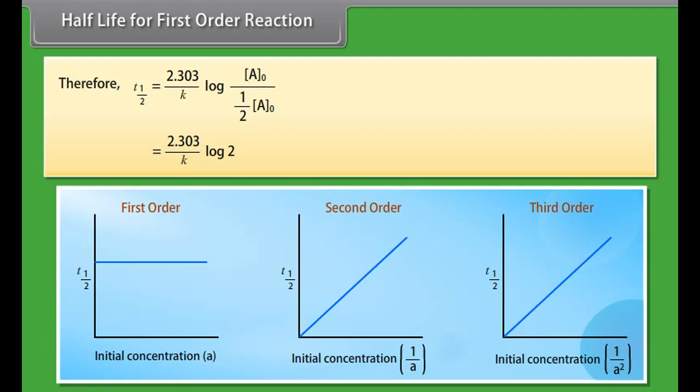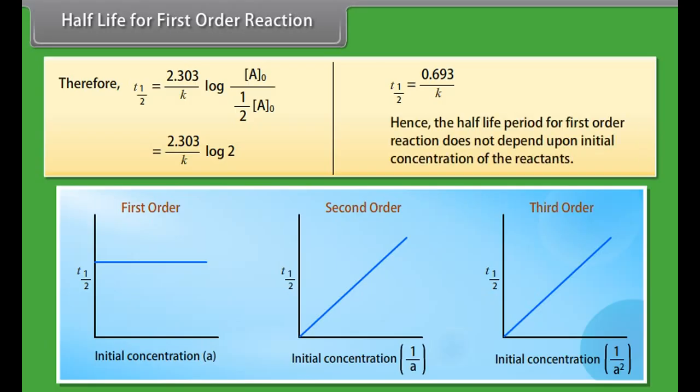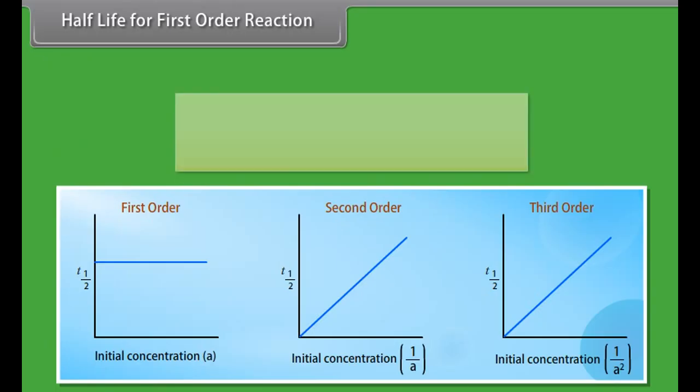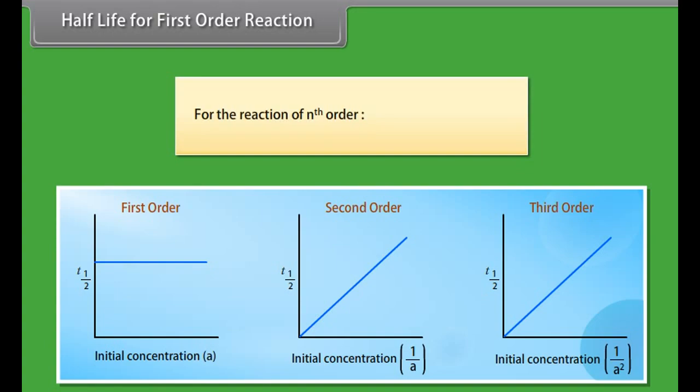It can be written as t half is equal to 0.693 divided by K. Hence, the half-life period for first-order reaction does not depend upon initial concentration of the reactants. For the reaction of nth order, t half is inversely proportional to A naught raised to the power n minus